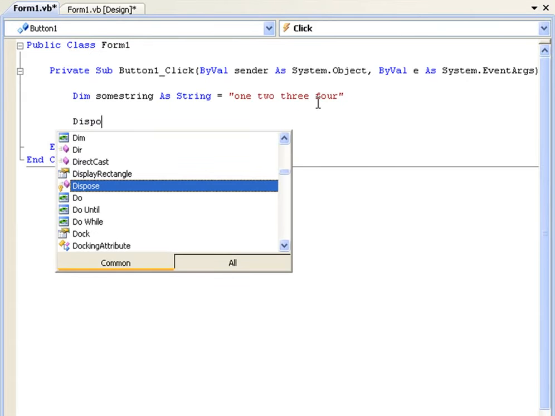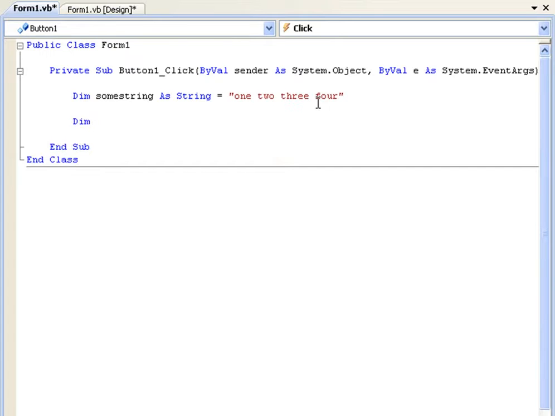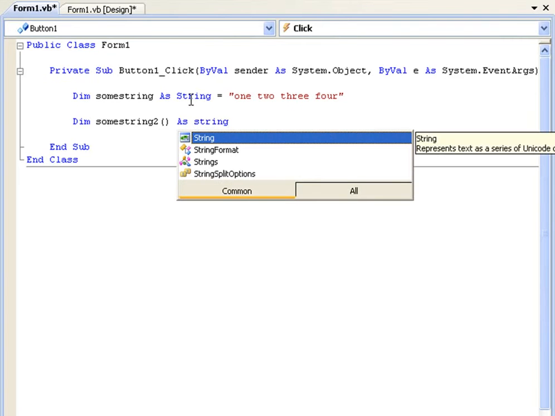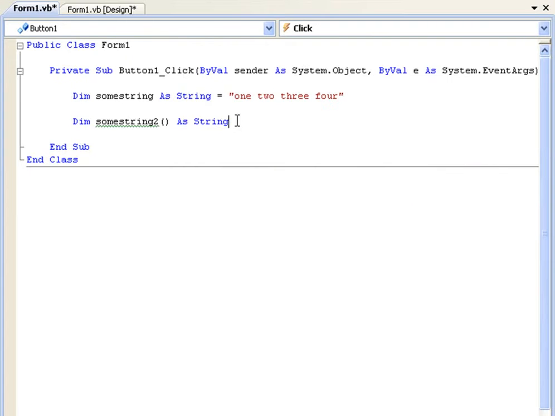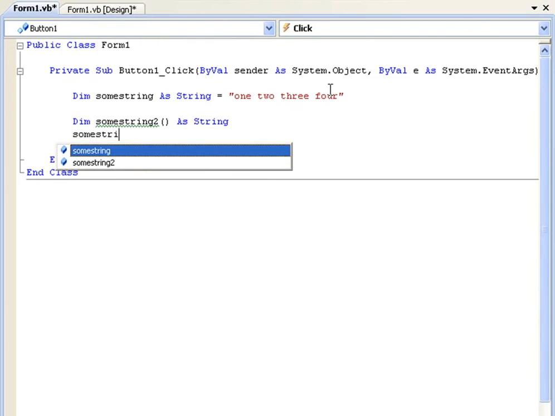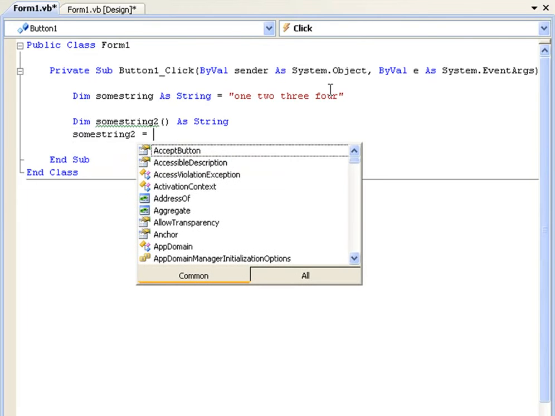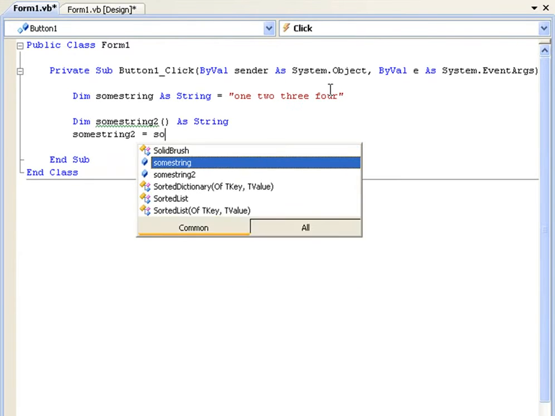You just declare, declare, and we'll say some string 2, and then remember empty brackets. In the previous tutorial we used like 5 or 4 to declare how many elements are going to be in this, but we're going to leave it blank for this. I'm going to declare some string 2 as a string, and then we're just going to give it a value down here. Okay, so we're going to say some string 2 equals, and then we're going to say some string